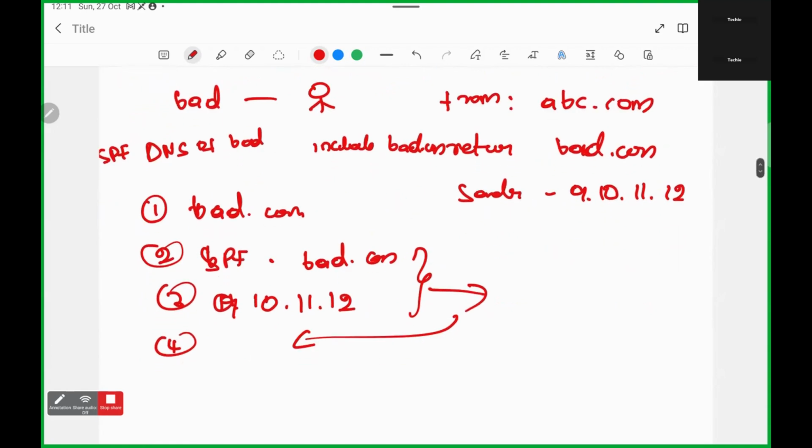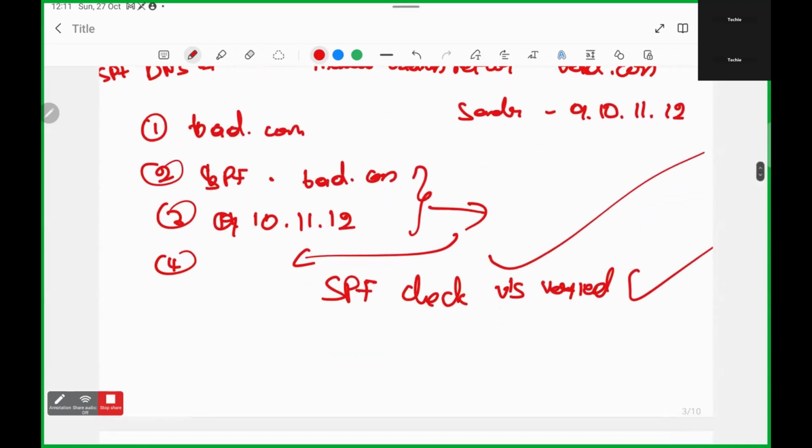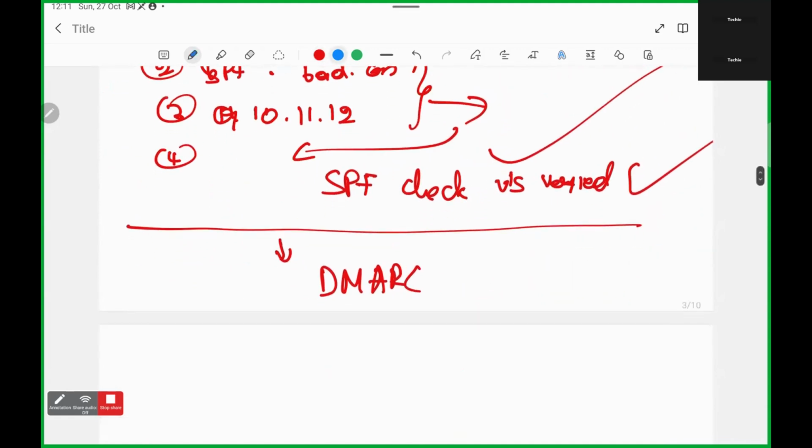Again the SPF check is verified here. SPF check is done. So the problem still continues. To avoid this, the SPF needs to be specified in the DMARC policy, which we'll be seeing in the next 5 minutes. Let's now see another authentication method,